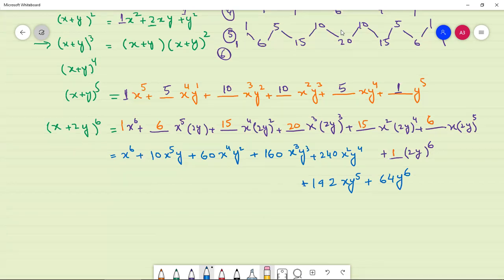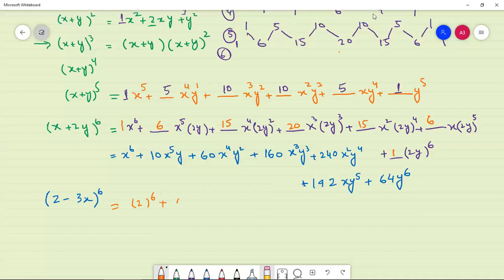And similarly, we can expand the expression x minus 2y whole power 7 like this. If I replace this, 2 minus 3x whole power 6, then you can expand this by using just a Pascal triangle and the same coefficient thing, that you just replace x with 2 while y with minus 3x. How? If I expand just only 1 to 2 terms, so first you will write 2 power 6, then put plus, and then